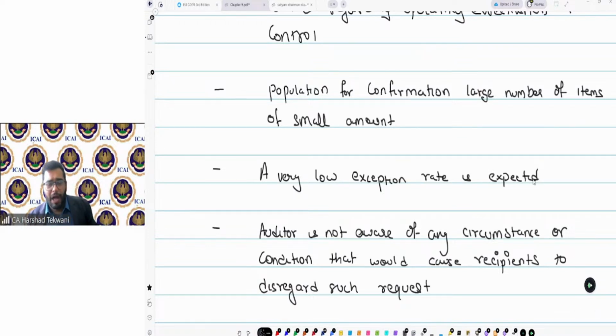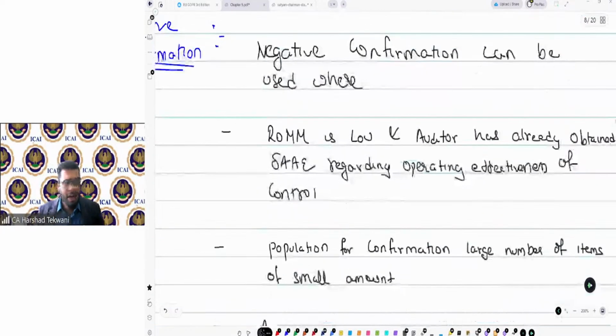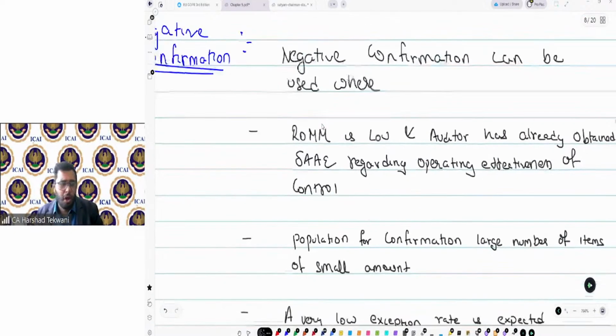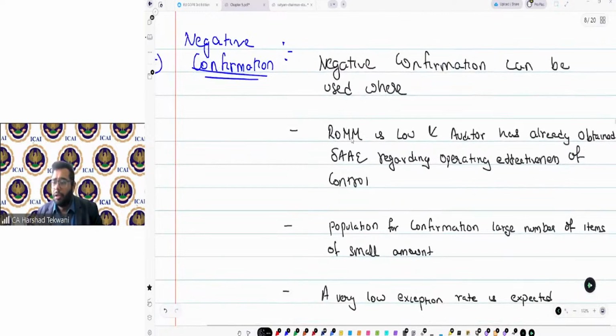If these scenarios are present, yes, you can send negative confirmation. Otherwise, negative confirmation is not at all advisable. Any doubt?